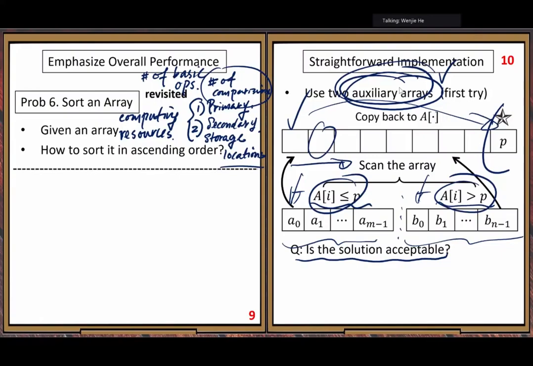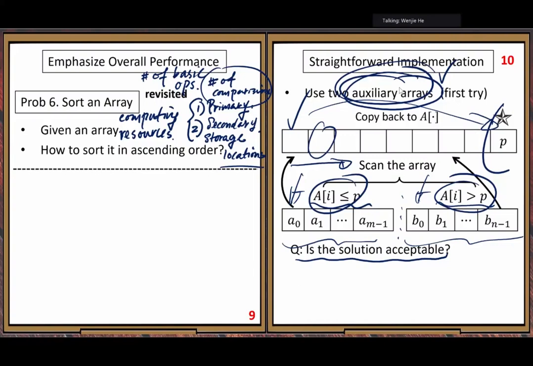Saving in the primary resource is more important than saving in the secondary resource. So our first round improvement, we work on the primary resource reduction. After that, the second round improvement, we work on the secondary resource reduction.